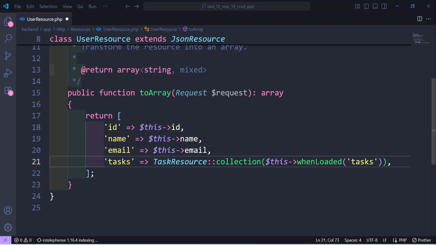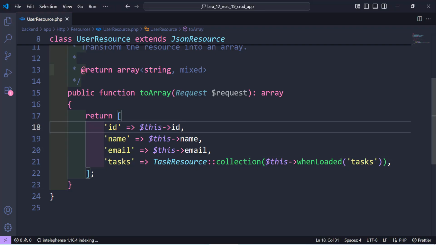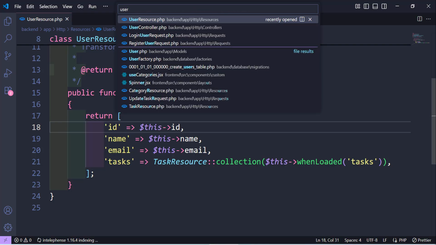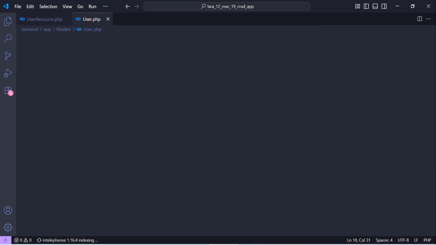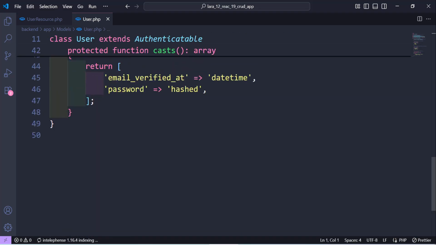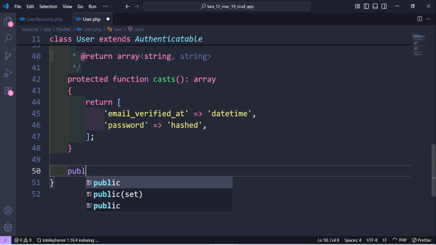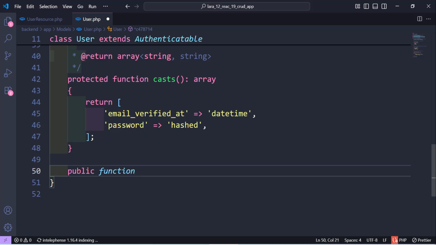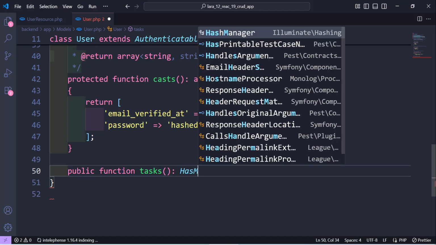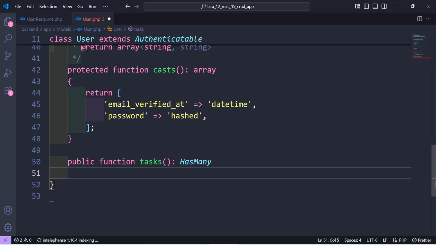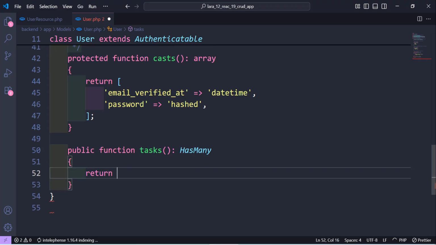So save. So what else we need? We did not add the relationship between the user and the tasks. So let's check here. Let's add the relationships. So public function tasks and return type will be HasMany, and inside we return this hasMany Task class,